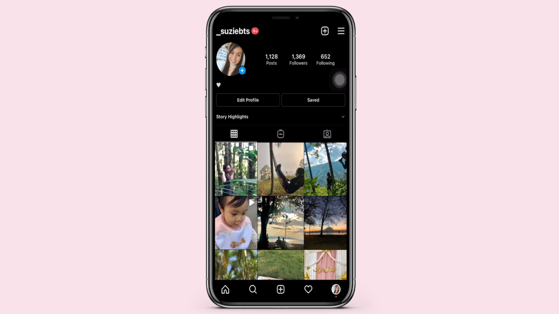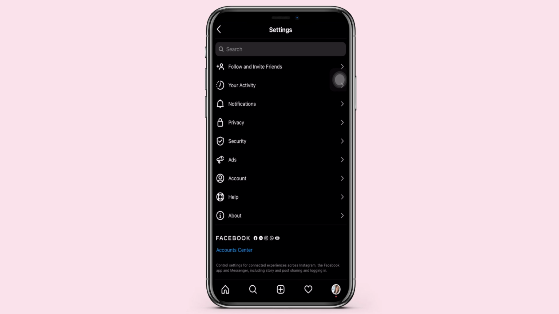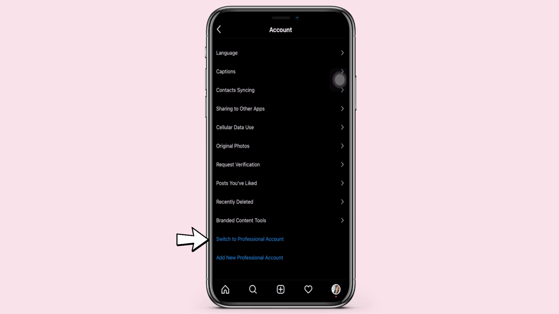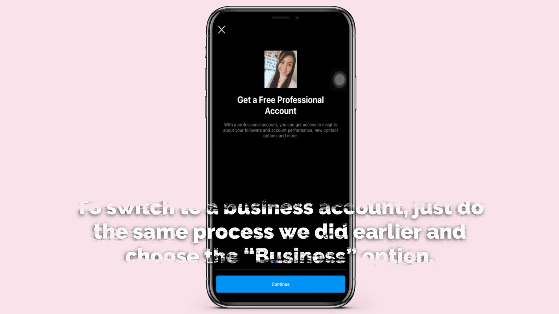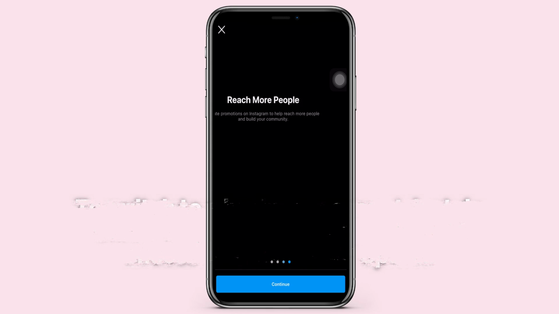The first thing that you should do is to click the top right button here, the one with 3 lines. Go to settings and then click account and then click to switch to professional account and then you will just hit continue, get a free professional account, continue, learn about your followers, reach more people, continue, and get new contact